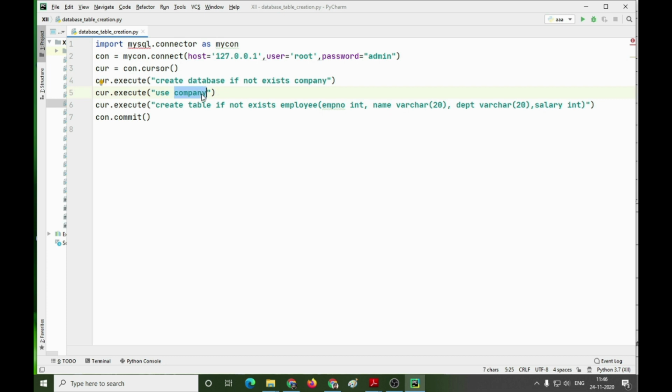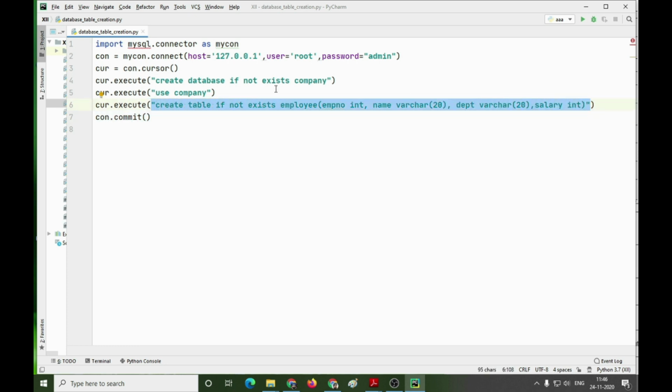After we have entered into the database company, we now want to create the table. All of you must remember that all the commands are going to be executed with the help of this execute command.